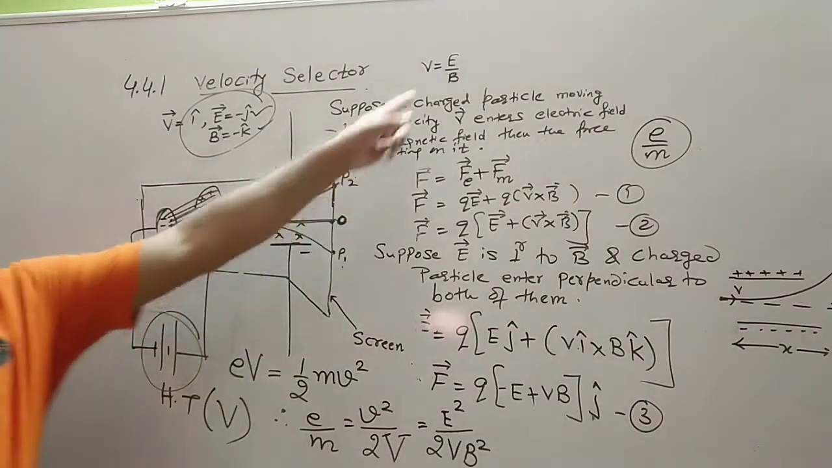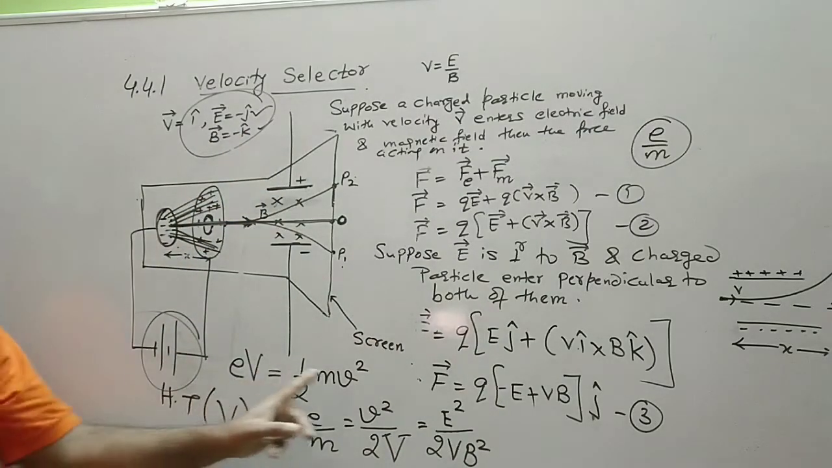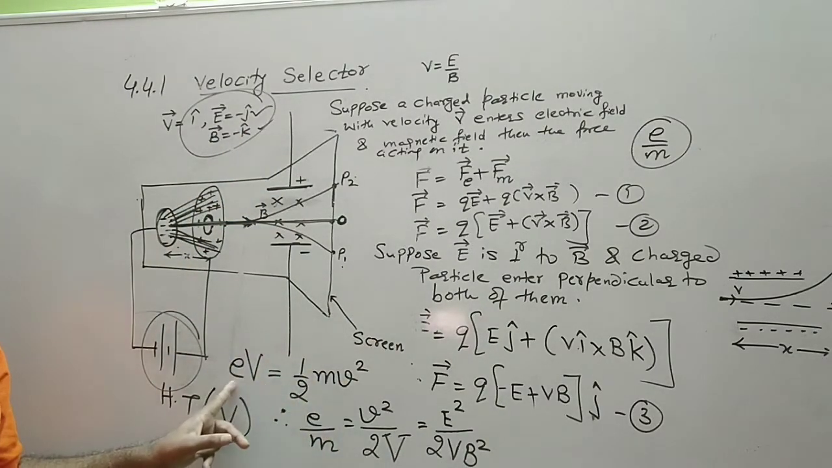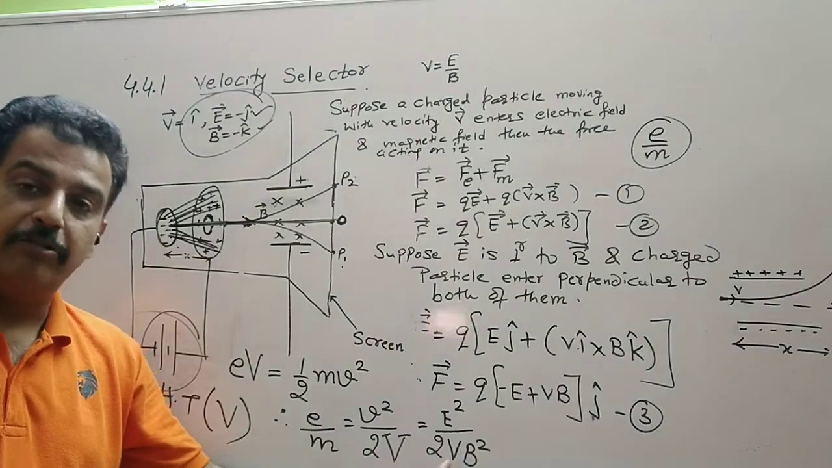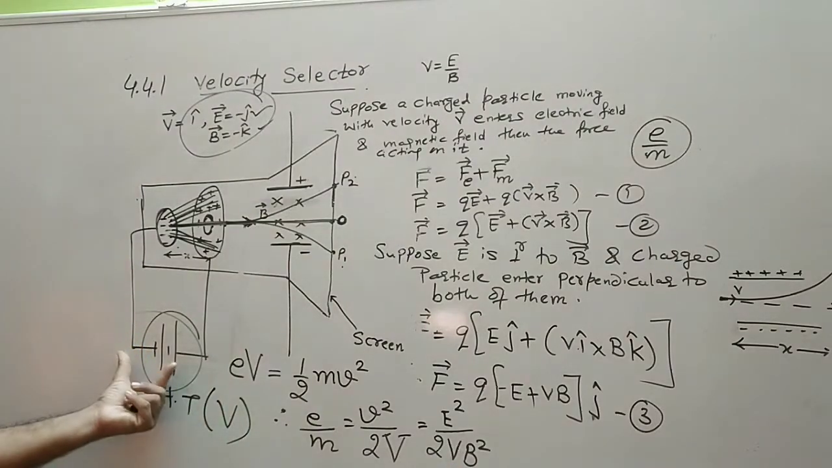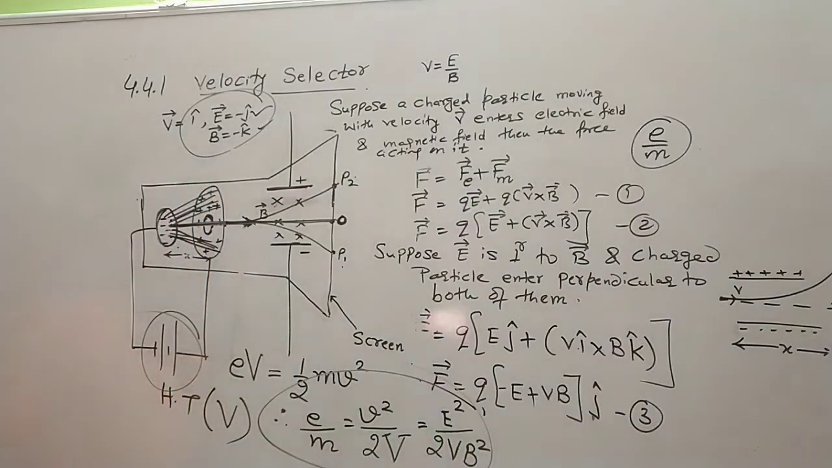So this theory was used by J.J. Thomson, and from this simple mathematical calculation, we can find out the ratio of e by m, that is E square upon 2 capital V B square, where V is the potential difference of this high tension. This is one method. Another method, if you remember, this